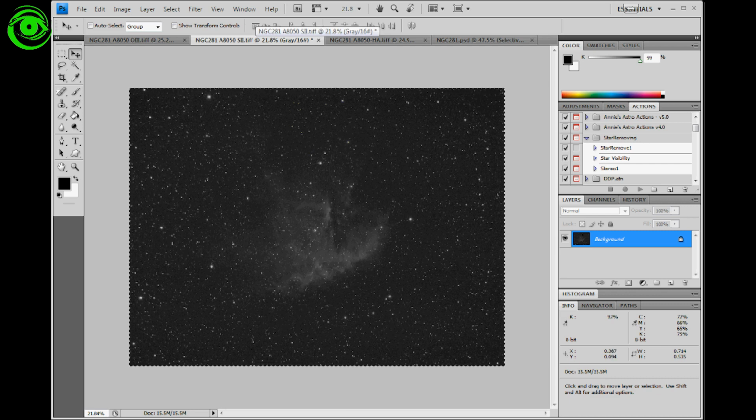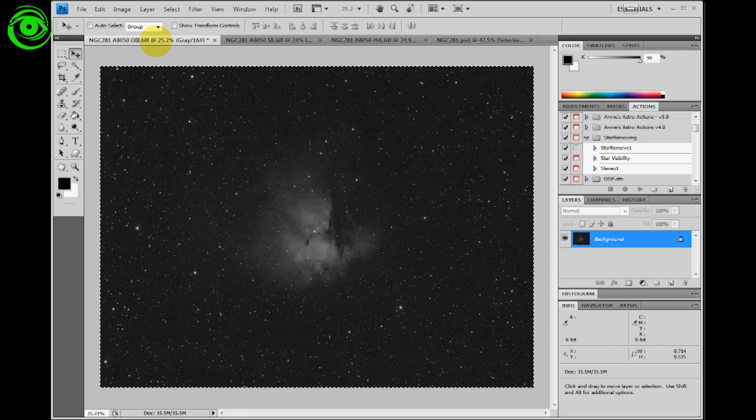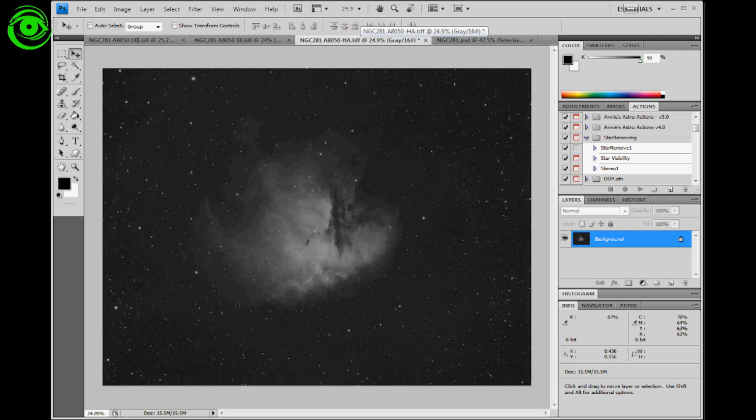So I'm going to show you how I make a master luminance, bringing in the S2 and the O3. I did create a tutorial, and I'll put a link in the description below on all the steps on making a master luminance, including how to get these little action tools that I have here. But what we need to do is take the S2 and the O3 and remove all of the stars and then blend them into the hydrogen alpha